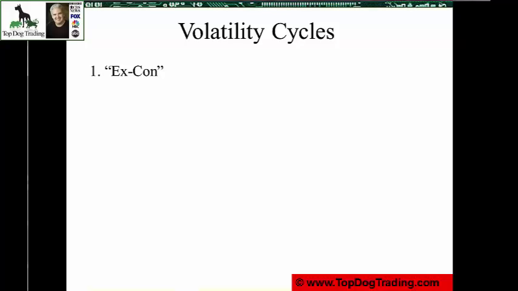So volatility has to do with the range of the market within a period of time. How much does price cover with regard to the expansion of the movement of prices from highs to lows and lows to highs? And then we get into narrow range markets, and that's when we have contraction. And that's actually a cycle in the market.